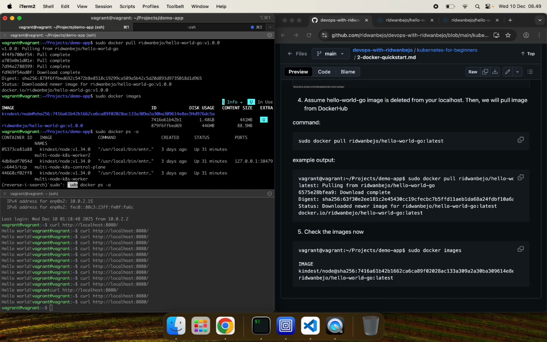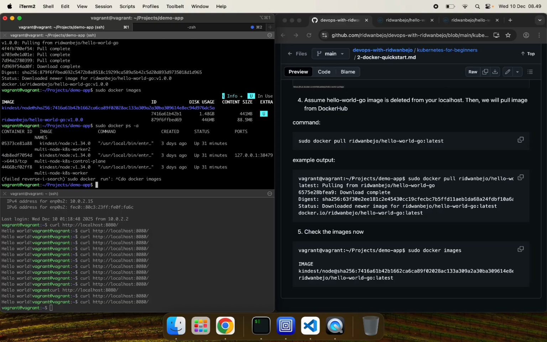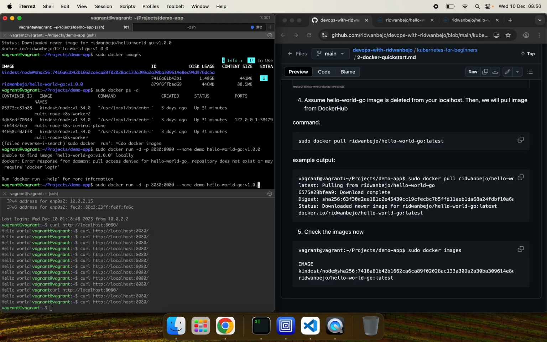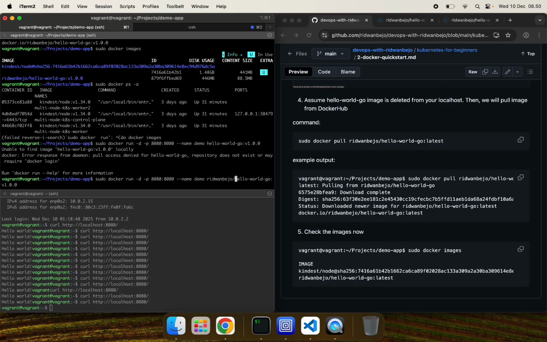Let's try to create another container based on the hello-world-go:v1.0.0. Sudo docker run. Oh sorry, it's incorrect. We need to add Ridwan Bejo here.